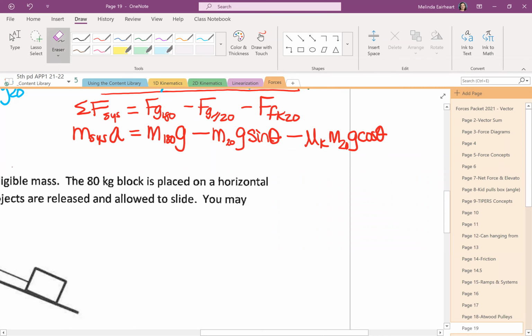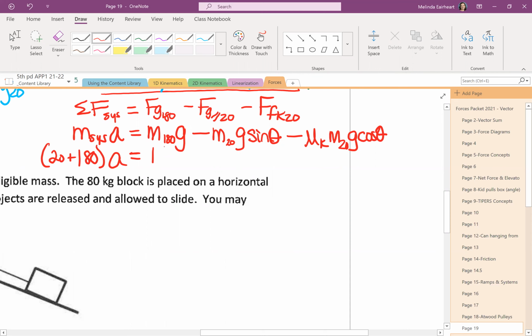Let's go on and do some numbers since we're almost out of time. And so 20 plus 180. Again, I know you know it's 200. I'm showing process. And then we have 180 times 10. And of course, OneNote is quitting on me. So write this down with me. If you're watching the video, follow along. So mass is 180 times 10